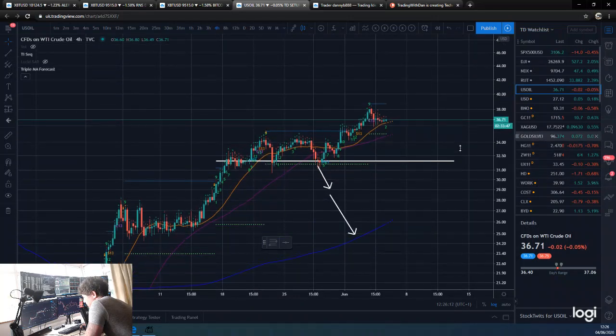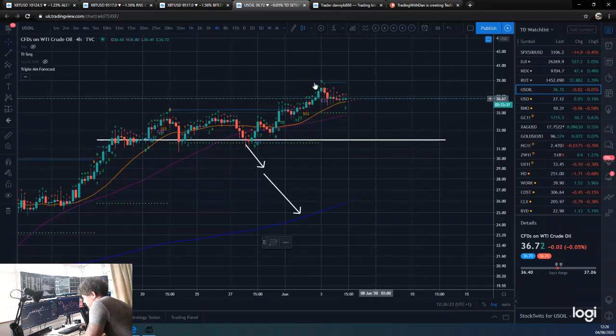4-hour 9, great 4-hour 9. You can see these 4-hour 9s are generally playing quite well. Nice one there, nice one there, nice one there, and we break through this one with no sign of a sell trade. So that would never have caught us out looking for a trade off that. But this would have been a great trade. Sell here at about 37, and we're under that actually currently.